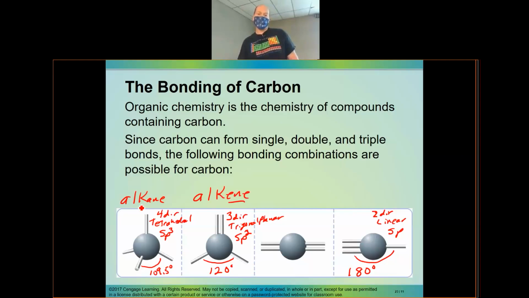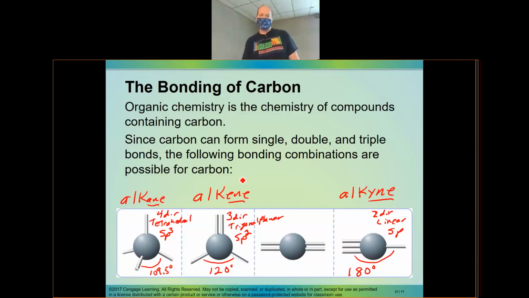All right, so again, we're going to be doing a lot of naming, and the letter is very important, alkane. All single bonds, alkene means you have a double bond. And an alkyne